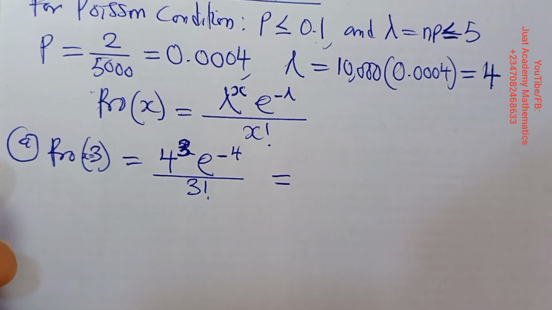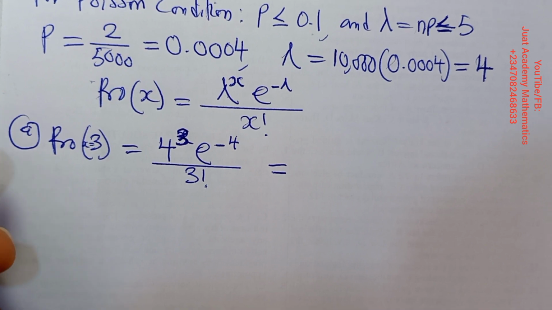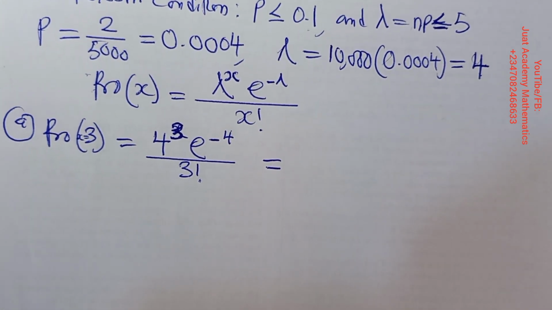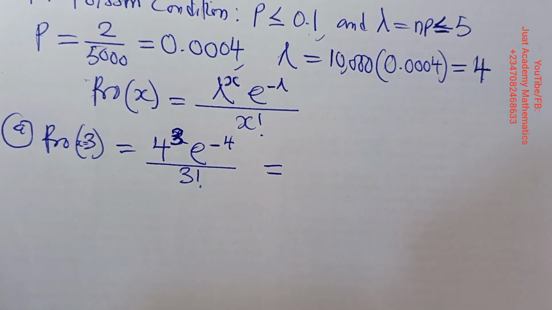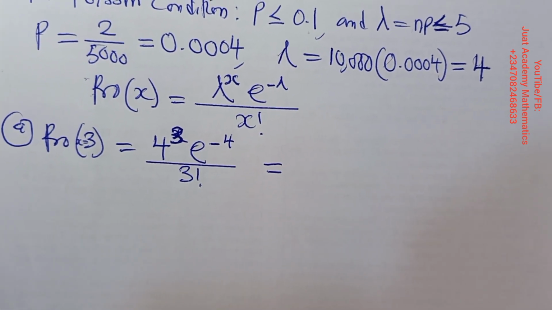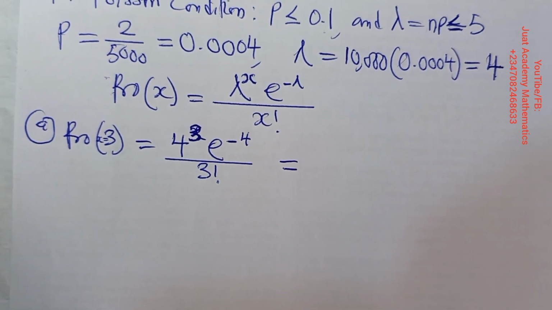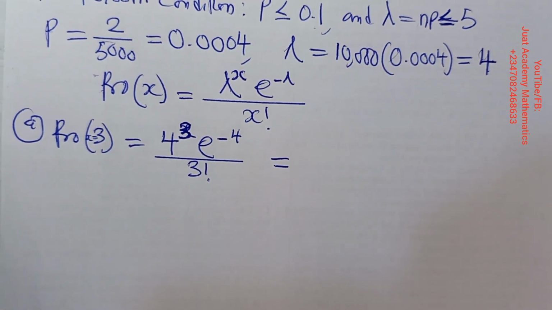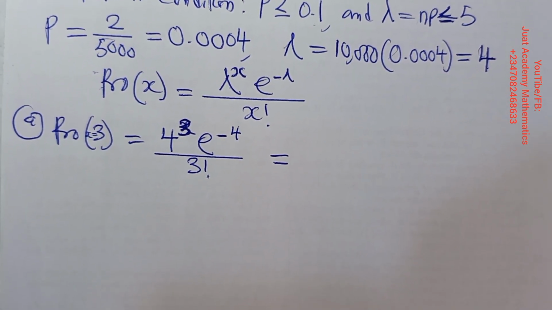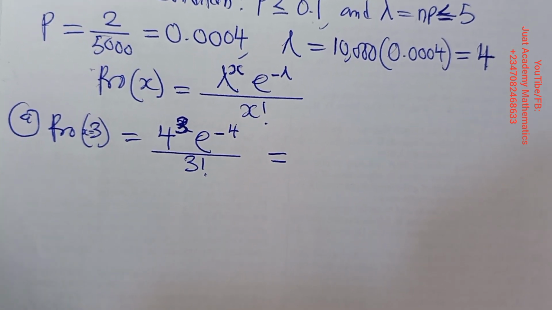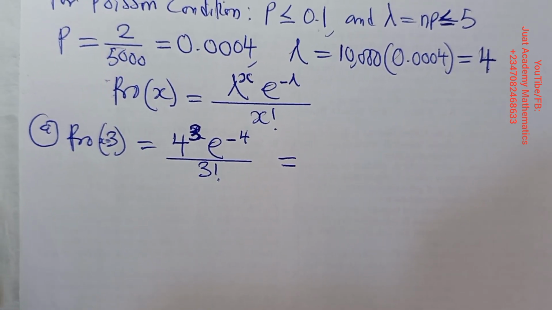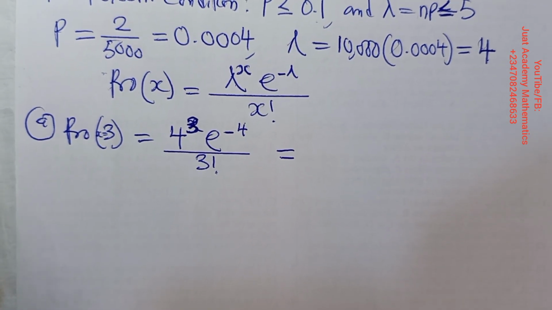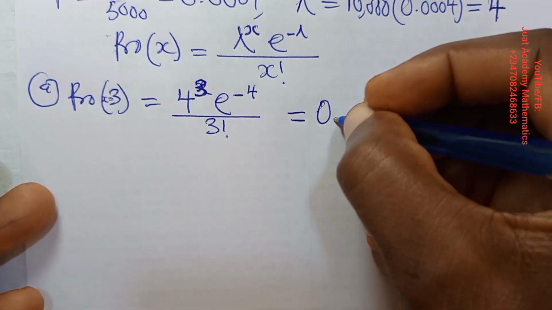You can operate it as 4 raised to the power of 3, multiplied by, second function, that is this now, e raised to the power of minus 4, divided by 3 factorial, that is 6. 3 factorial is 6. But all of them are in the calculator there. So that will give me